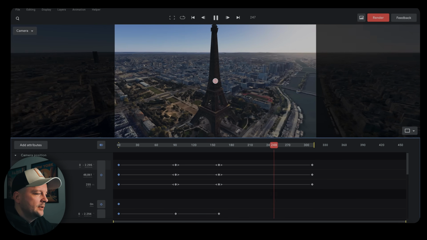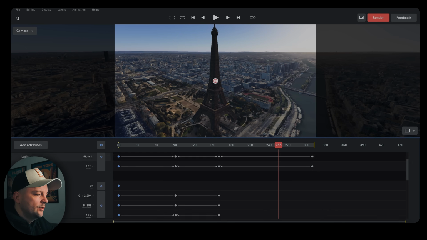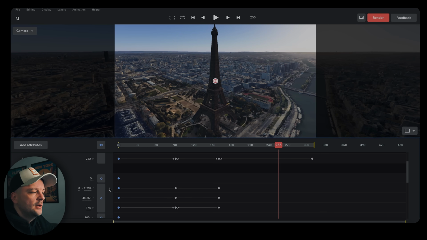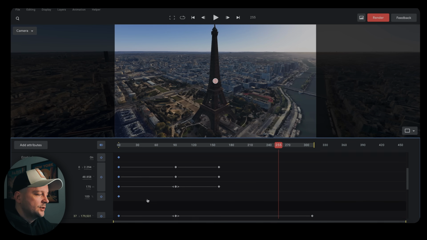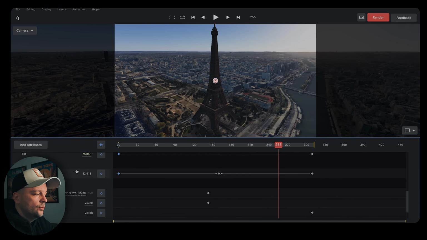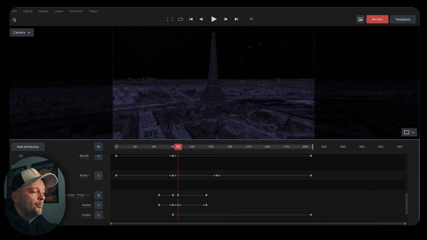I just tweaked the camera position itself, because in case of camera target, I made it stick to Eiffel Tower as a focal point. But if you would need maybe just a random flyover, you can tweak this part just as well. And also below here there is environment, which was important for me because I needed to pick the